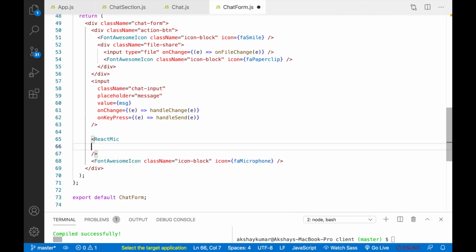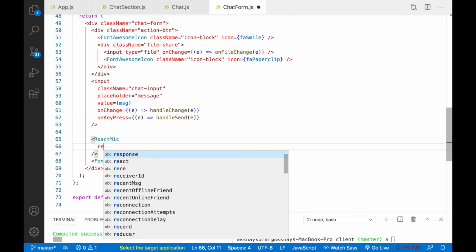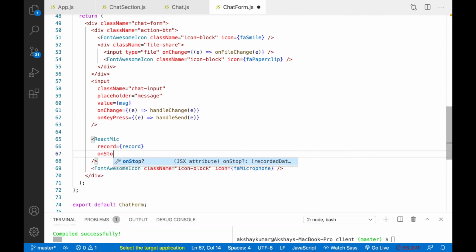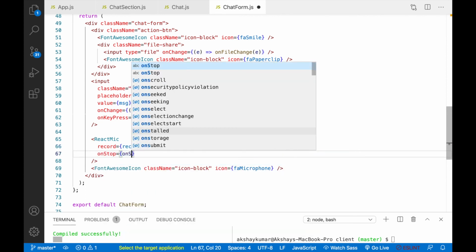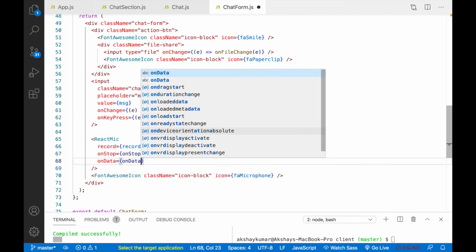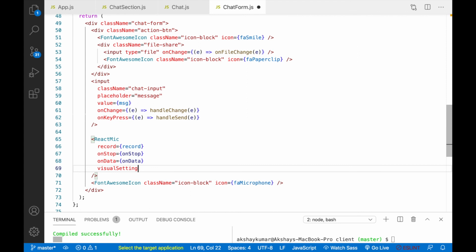And here we can pass some properties. We'll write record, onStop, and onData. And visual settings, so we can create some frequency bar. You can check this library, there are a lot of cool features.